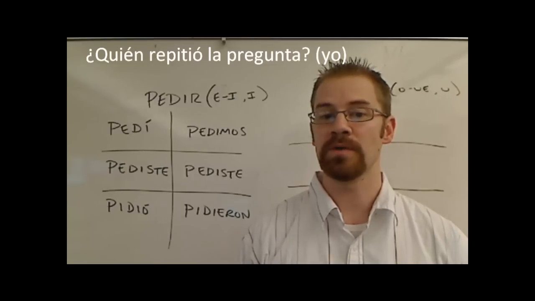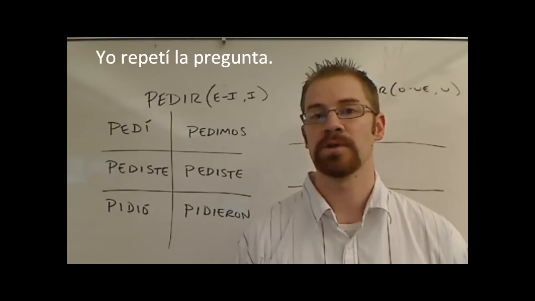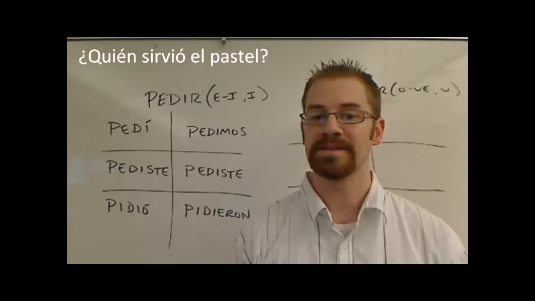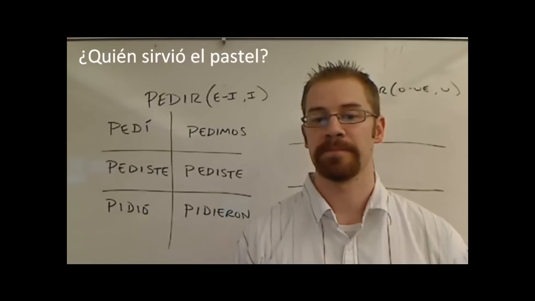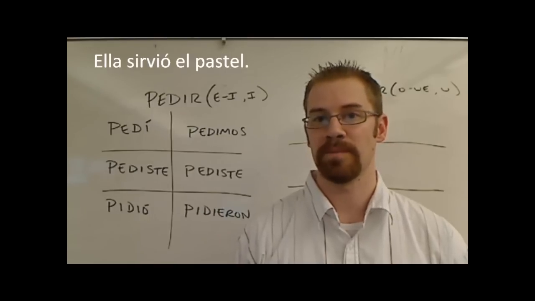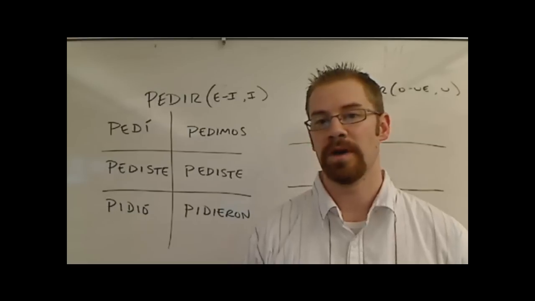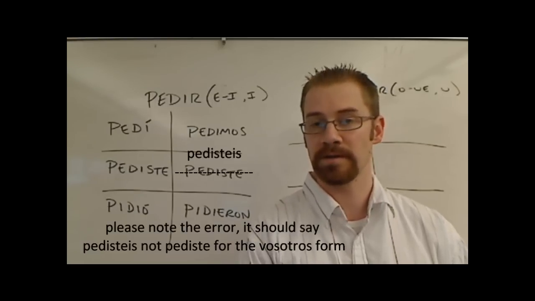¿Quién repitió la pregunta? Yo repetí la pregunta. Y el número 4. ¿Quién sirvió el pastel? Ella sirvió el pastel. So, these verbs in the present tense, when they're boot verbs and they're IR verbs,